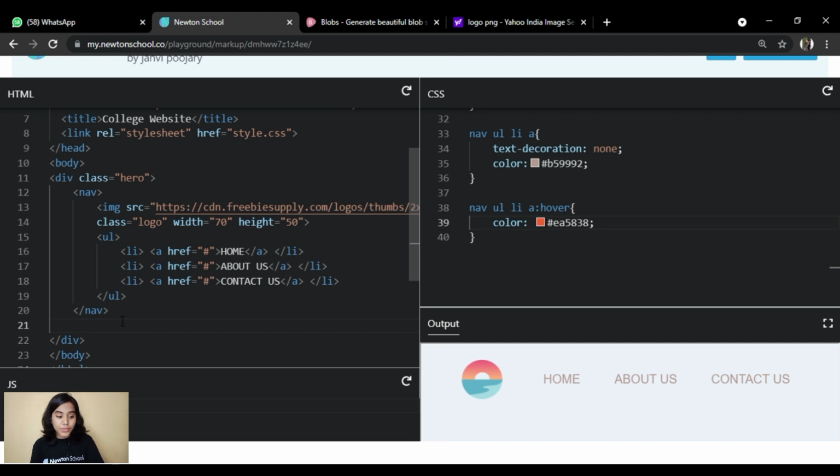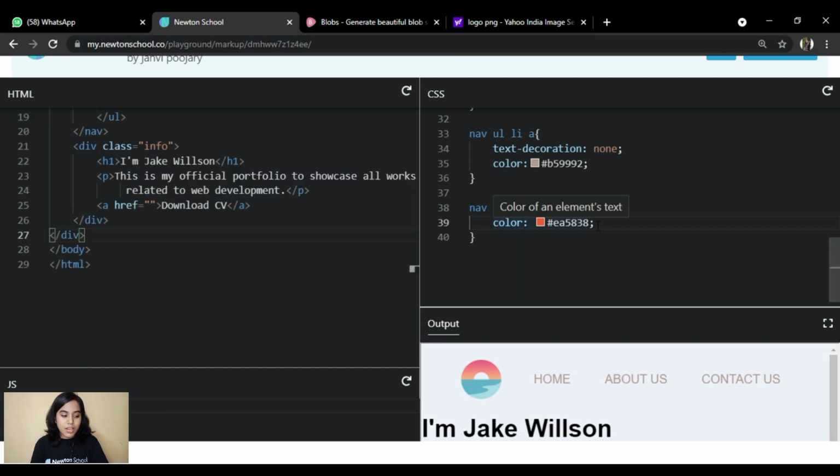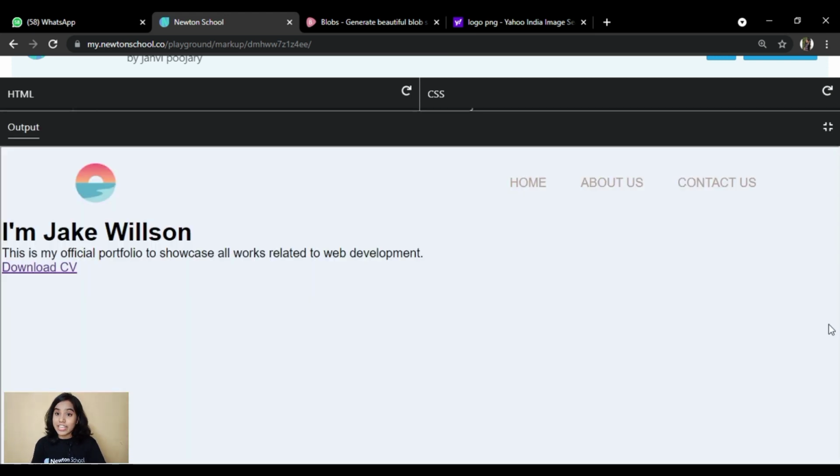Now we'll come back to the HTML and write one class called info below our nav tag, and inside that we will write one h1 and a p tag, and also an anchor tag called download CV. Inside this href, if you really want to add your CV's link, you can add it there.